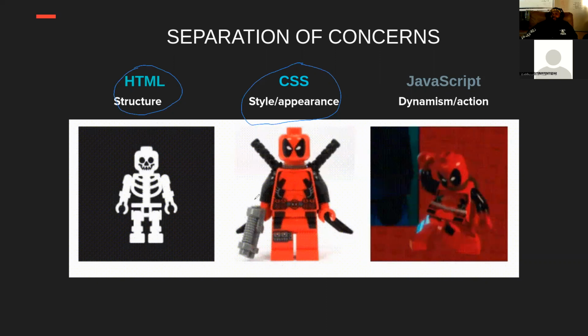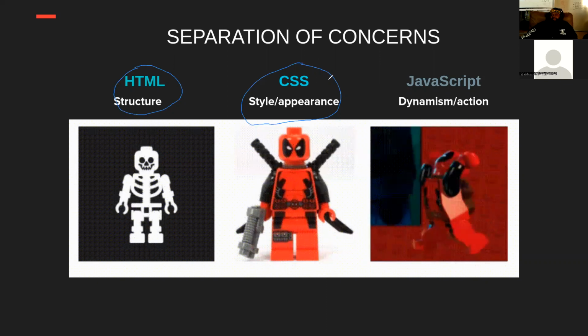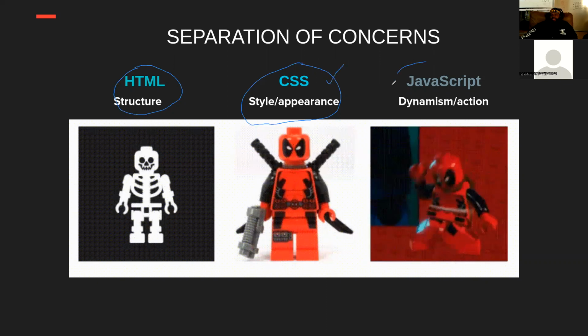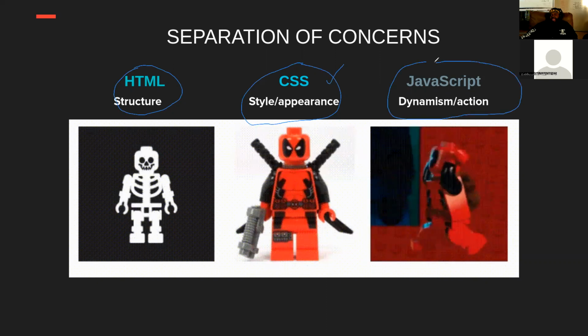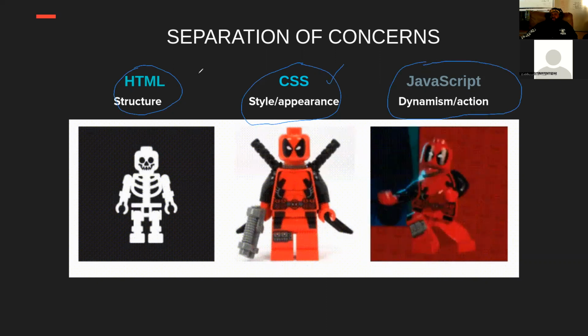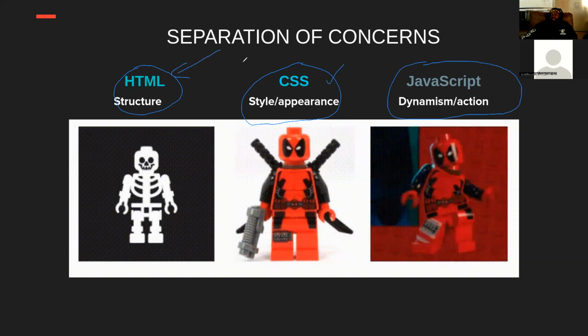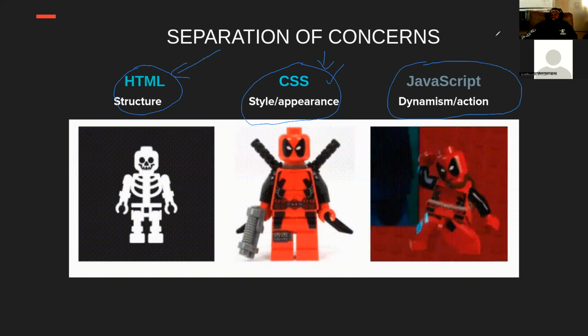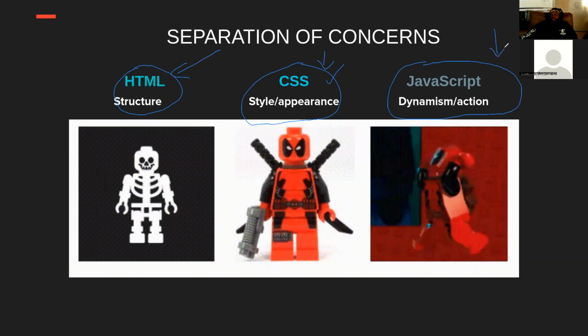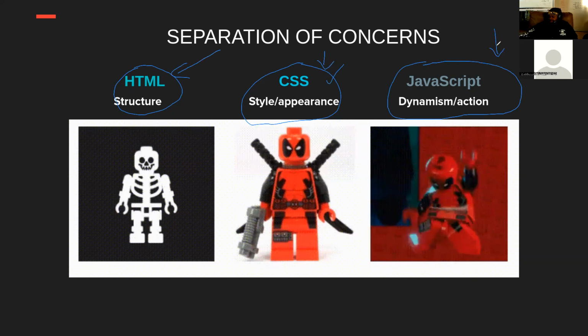You put all that onto the body and make things look good. And then JavaScript, which handles the dynamic action. And we normally separate concerns on the front end where HTML goes in one location, CSS goes in another location, and JavaScript goes in another location, which is great and definitely was better for the old way we used to do things